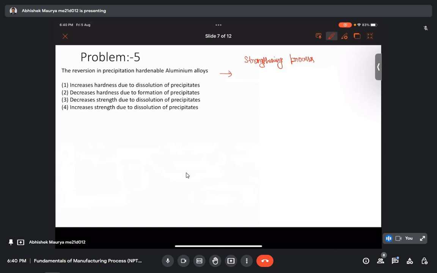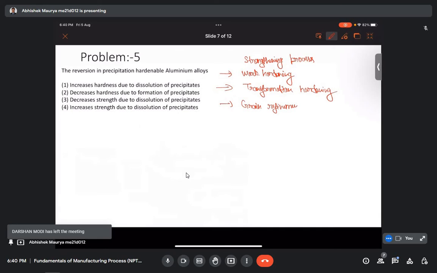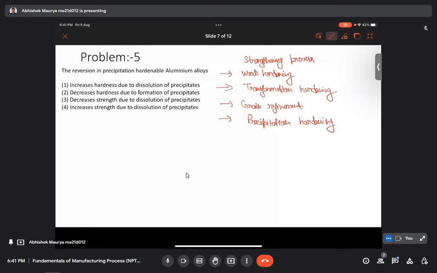So if all of you have gone through the lectures, then the first method was work hardening, the second method was transformation hardening, the third one was grain refinement, and the last one was precipitation hardening. So all are processes